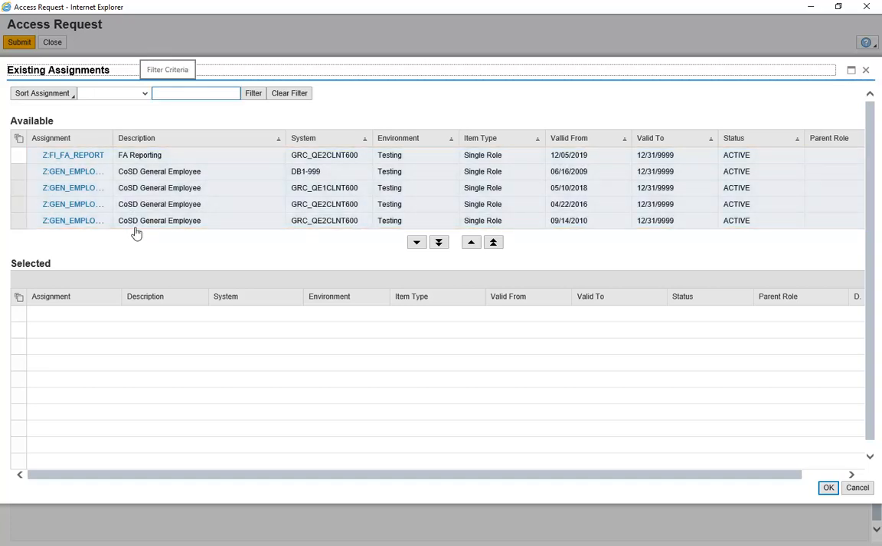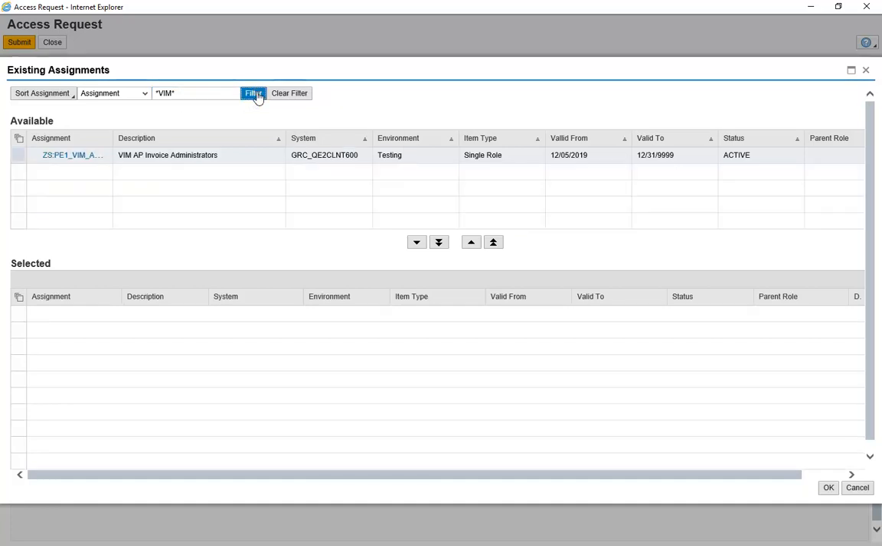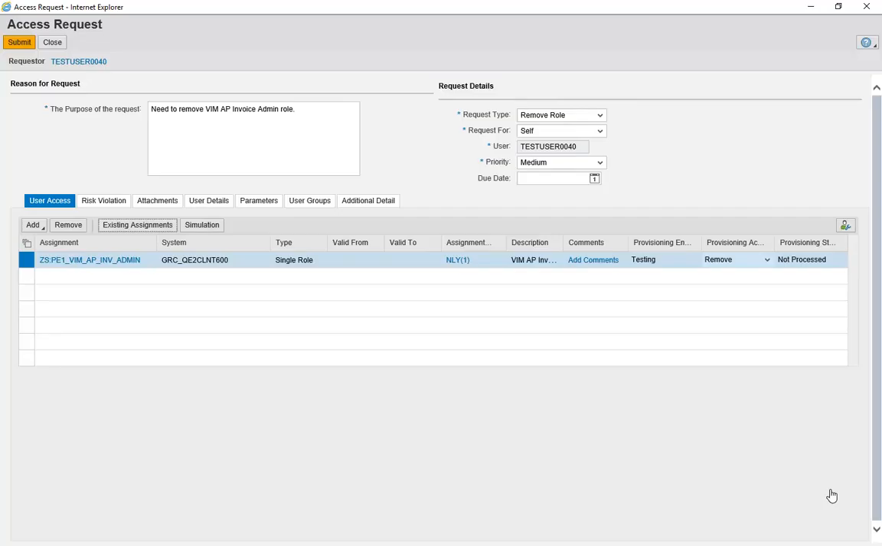To find the role you want to remove, you can sort assignments by assignment, description, system, environment, item type, or status. Remember that you can perform the search by adding an asterisk at the beginning and end of a portion of the role name and clicking the Filter button. Select the desired role and use the arrow keys to move them from the Available to the Selected Roles section, and click OK. Ensure that for all selected roles, the provisioning action status is set to Remove, and click Submit